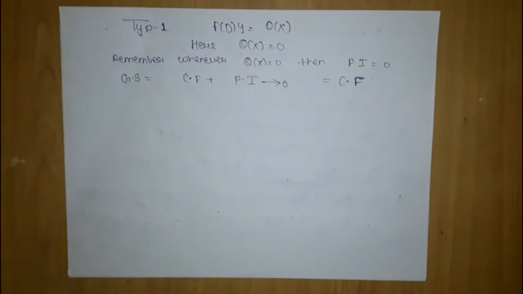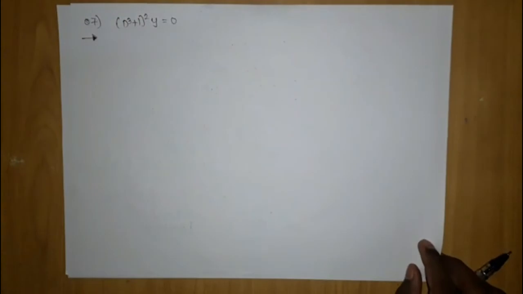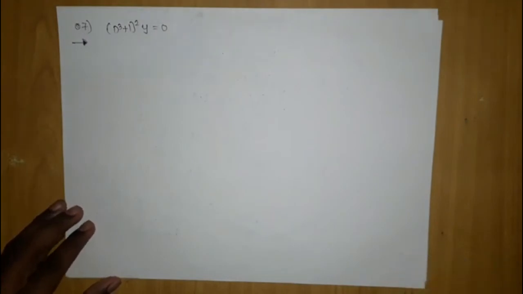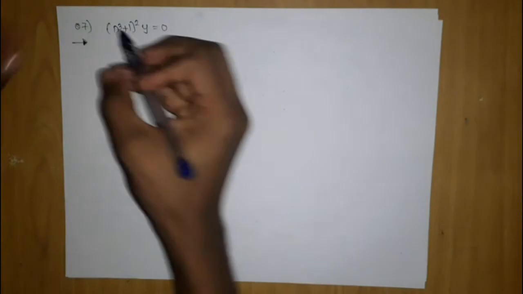The next question which we are going to do is this. The question says: if (D cube plus 1) the whole square into y equals 0, get its solution. Solve this higher order differential equation. The given differential equation is a homogeneous linear differential equation with constant coefficients. Its particular integral is 0. Therefore, the general solution is nothing but only the complementary function,